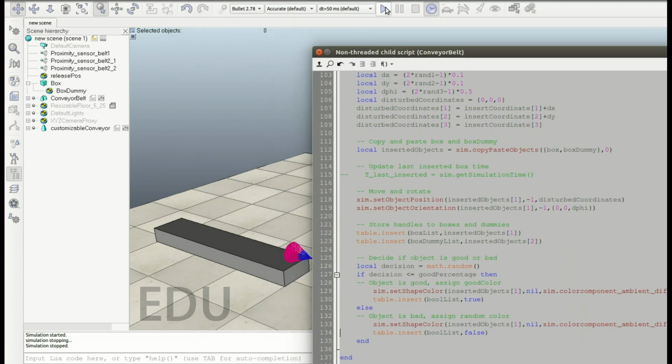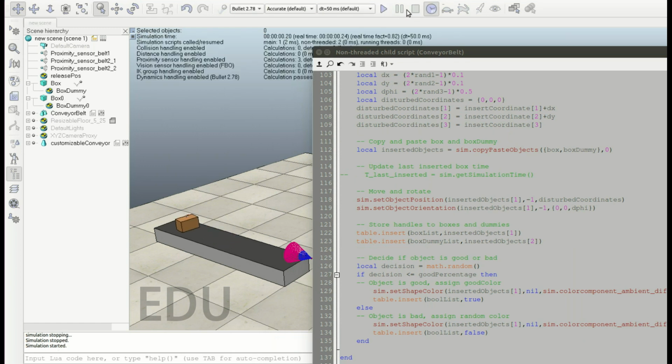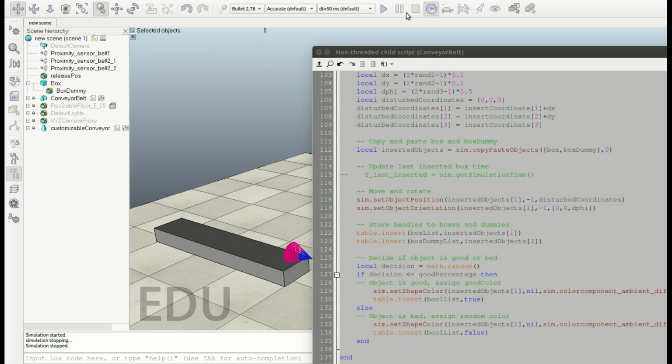Okay, so let's hit play, and you see the objects are colored. Let's see if we can, yeah, this is a good one. Okay,